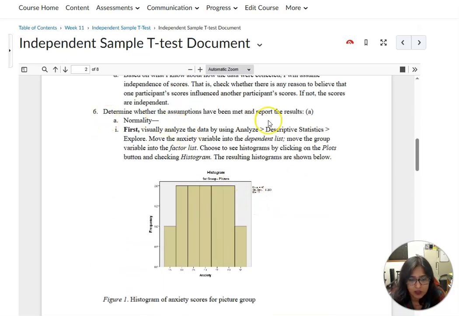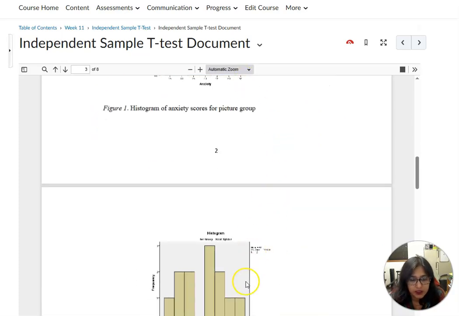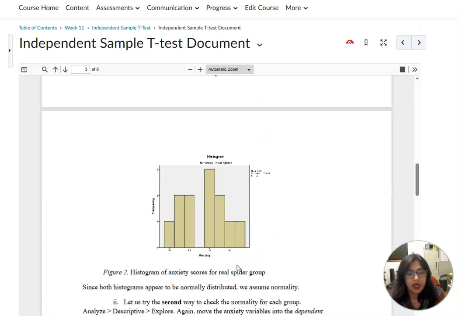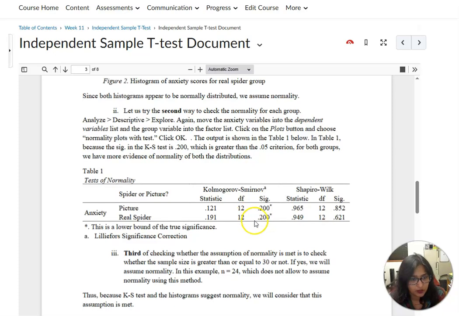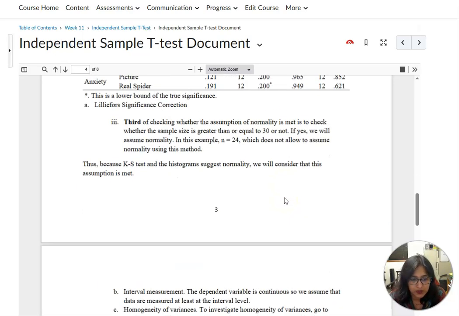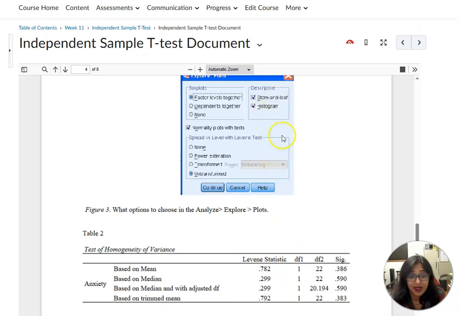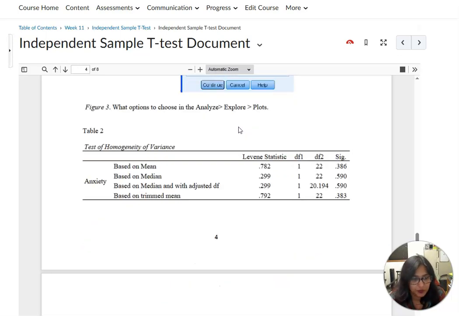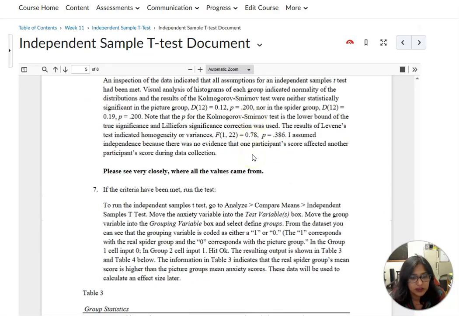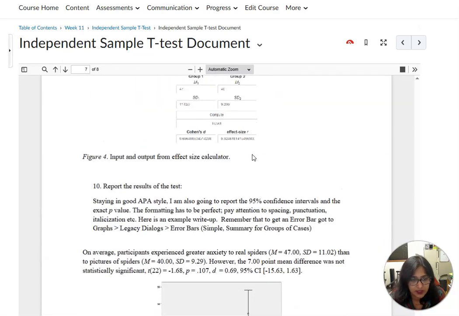These are all the graphs that I have made through SPSS, and I would be making those for your data also. Here is the test of normality. I will run the table for you. Here is the table that is already run for this data. And here is an idea of how to do it in SPSS if you want to do it. Here is the homogeneity table, and all of these things are here.